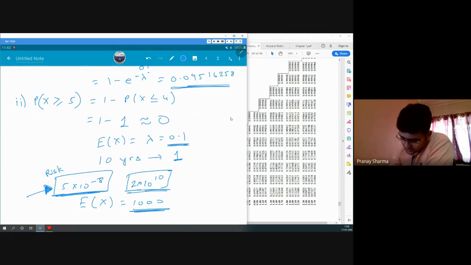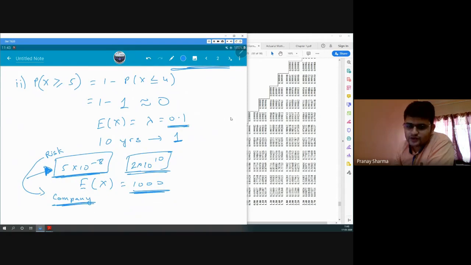and we give it to the company, the insurance company. Okay, so we take this risk and give it to the insurance company, and the insurance company asks for a small premium. The insurance company takes the same risk from a lot of people, from everybody, and charges each one of them a small premium.